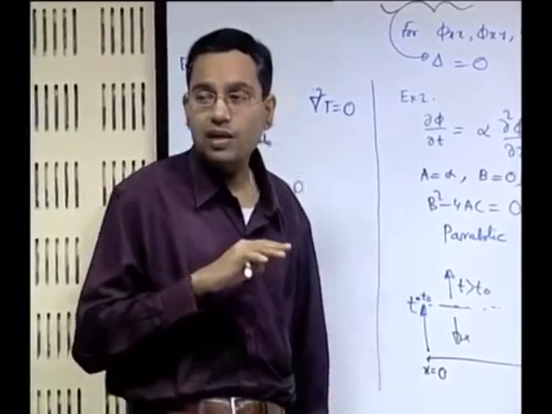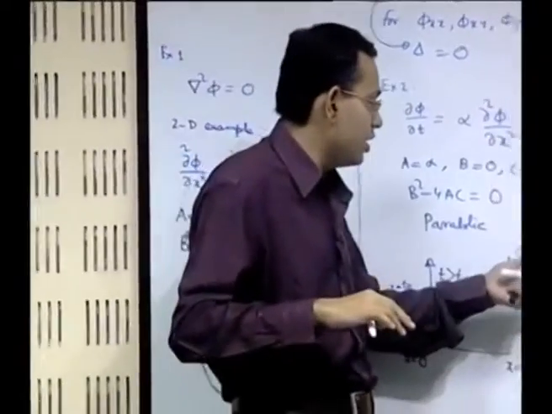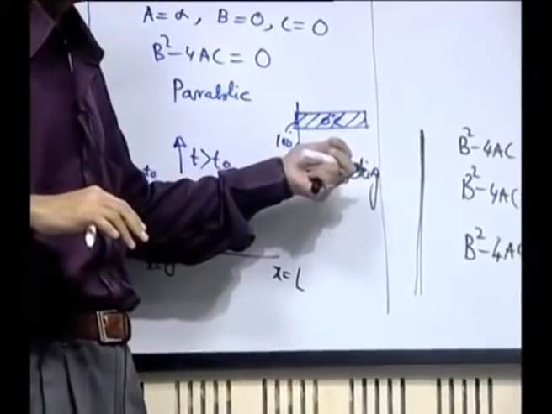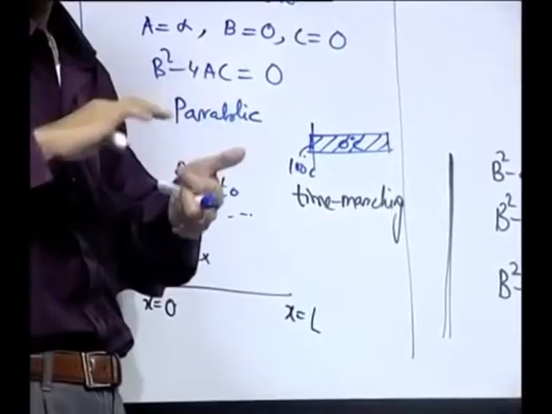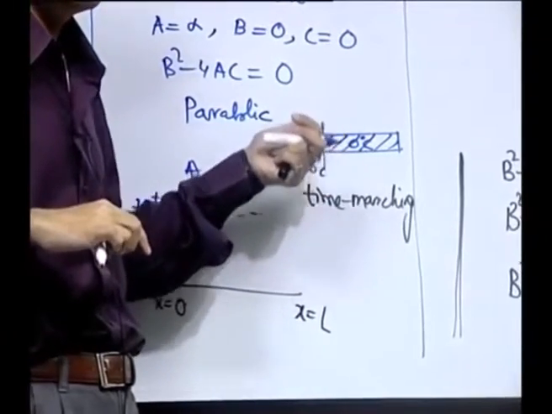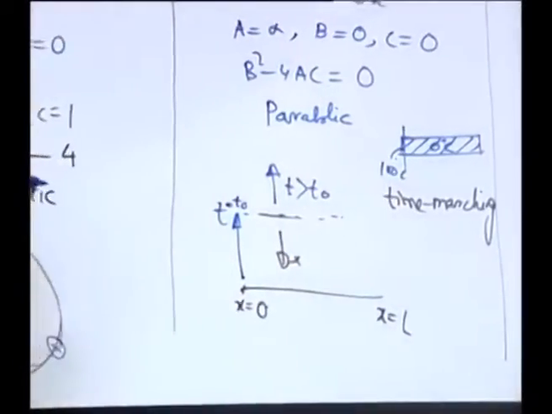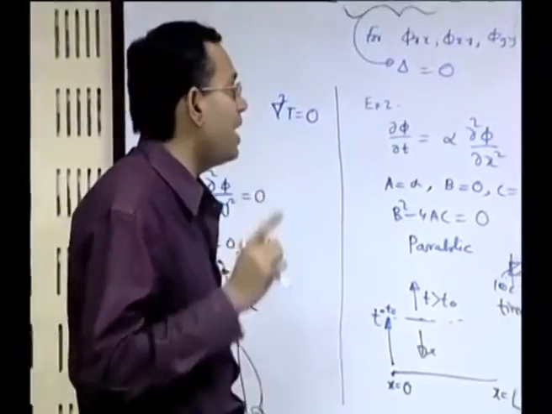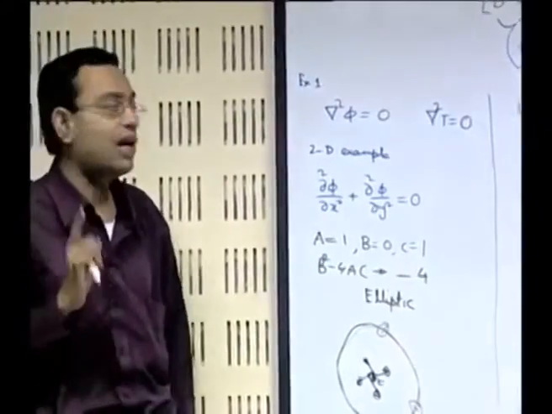So, you have at t equal to t0 some condition, say the entire temperature of the rod at 0 degree centigrade. Now, with respect to this there is a discontinuity at t greater than t0 because of the disturbance imposed at one of the boundaries. So, that is a parabolic type of problem, but it is not as simple as that, where you just consider it to be of parabolic nature and forget about the other type of behavior.